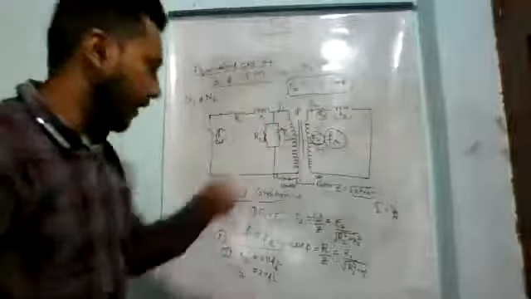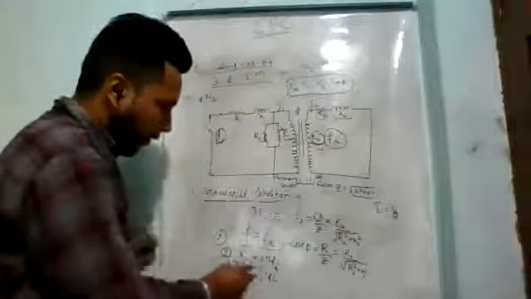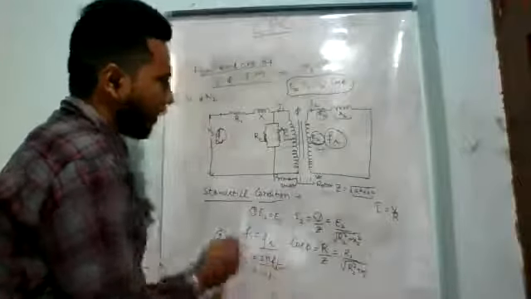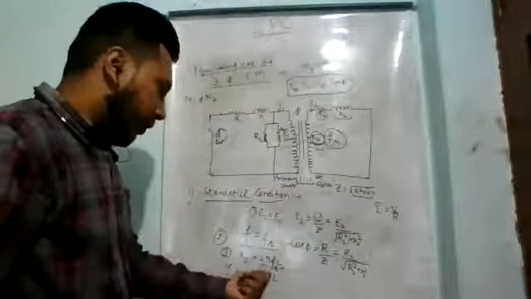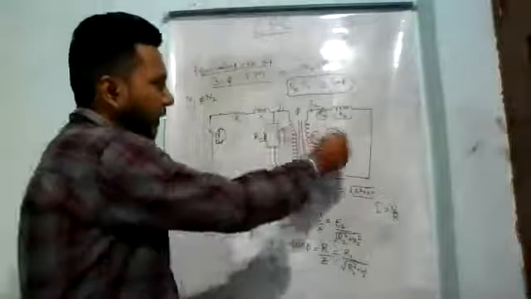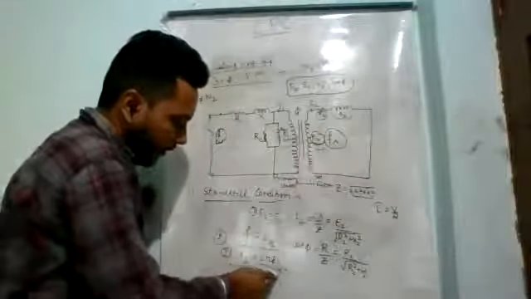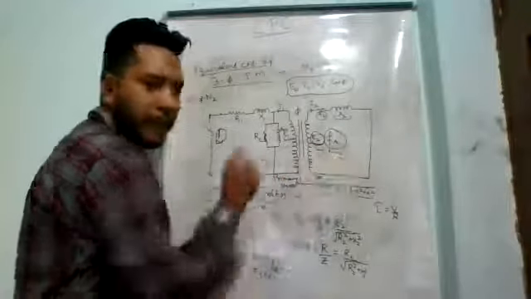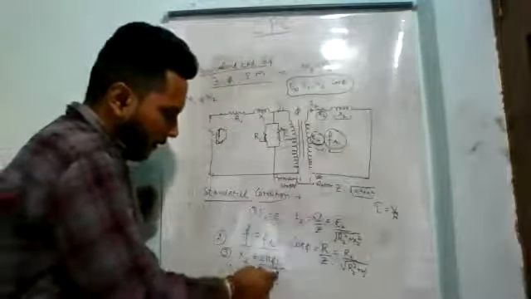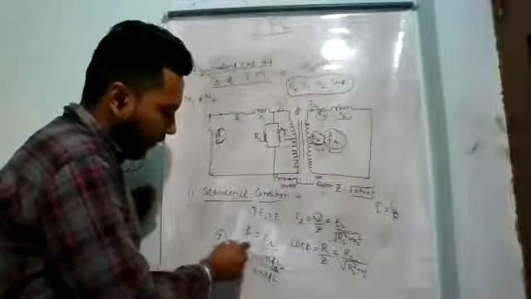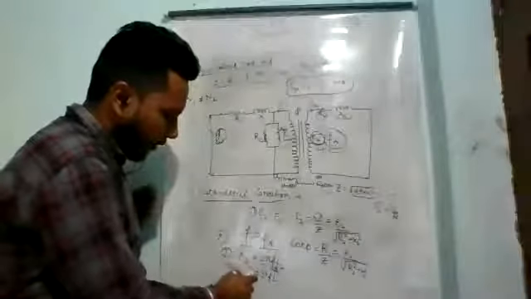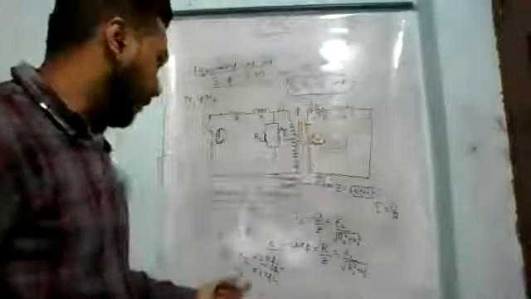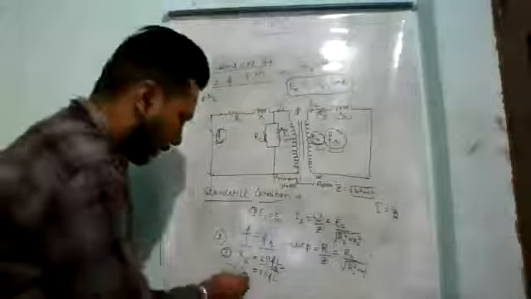Now, third is secondary side reactance. The formula for reactance is 2 pi f L, where L is inductance. Because we are talking about the secondary side, we consider the secondary side frequency. At the secondary side the frequency is fr, and at standstill condition fr is equal to f. Therefore, X2 is equal to 2 pi f L, so the reactance remains the same, that is X2.